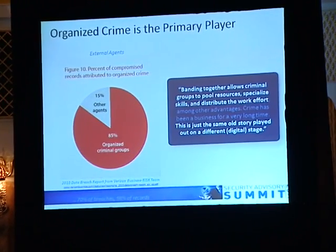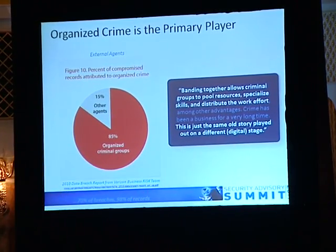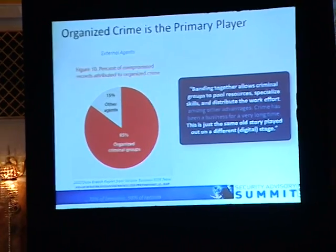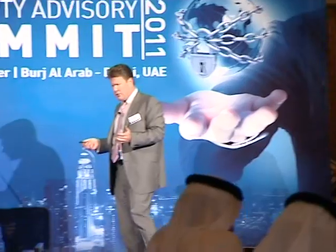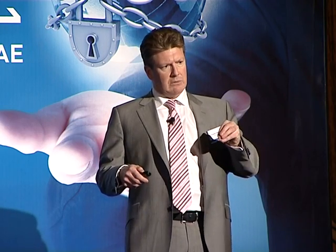In terms of that data being breached, 85% of it is actually organised crime. I found this statistic quite interesting. So organised crime internal to the organisation, or indeed external to the organisation. So people putting pressure on your DBAs or on your privileged users to get access to information that can be taken outside the company and sold. I don't know if you've heard recently of the T-Mobile breach, where insiders actually took customer-based information outside and sold it to one of their core competitors. So this sort of thing is happening all the time within